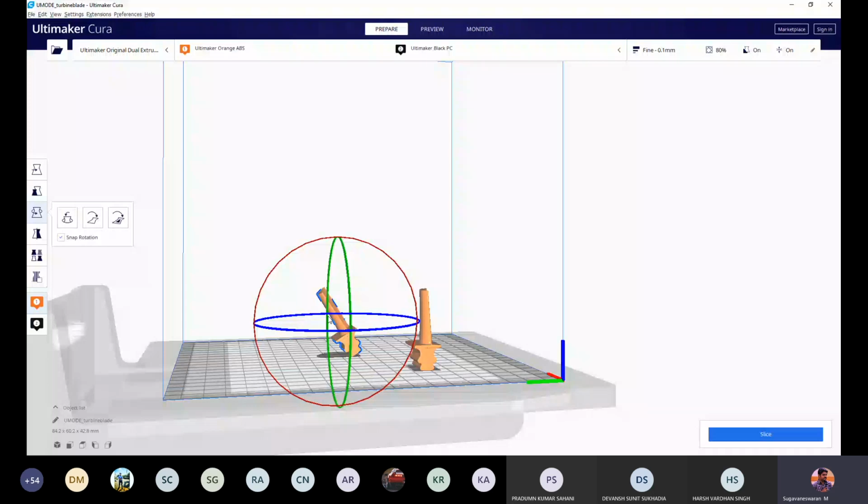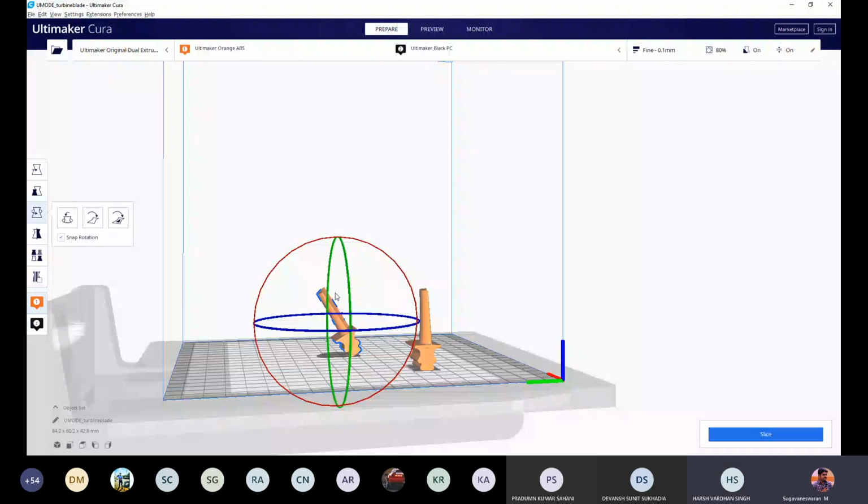At the same time, it will ask you to give an optimized orientation. So it will be very difficult if you are dealing with a very complex component, which angle and which axis is the perfect orientation for your printing. So that we will discuss in a subsequent topic. But as of now, you have to understand that as you are adding material layer by layer, you have multiple degrees of freedom. That is 360 degrees of freedom in all three axes. So I have just rotated this one alone 30 degrees.